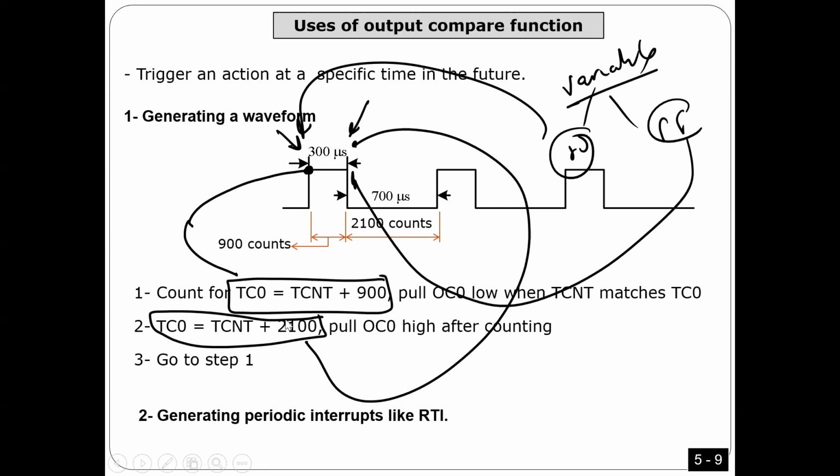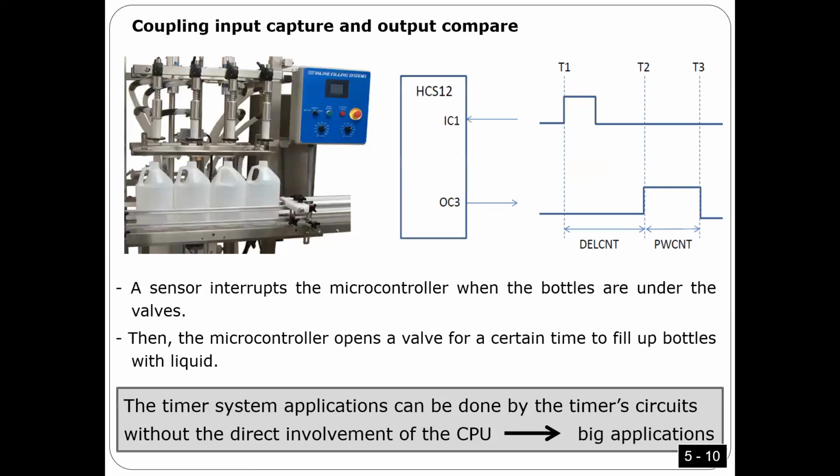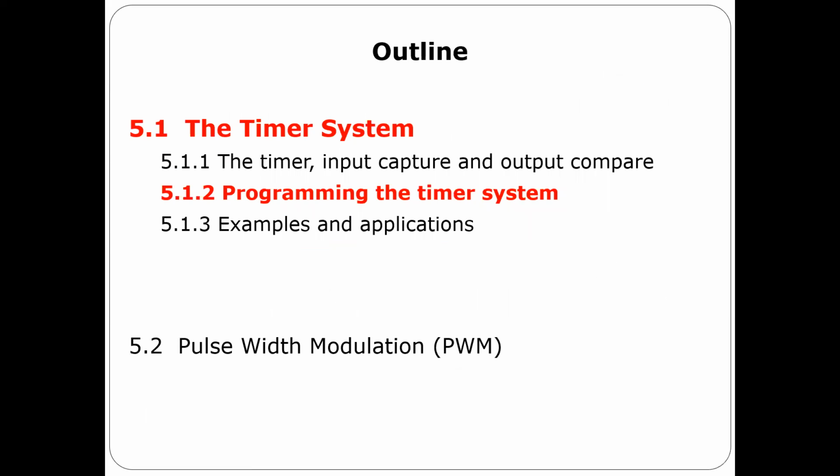Very interesting, because try to see how much time I'm going to take from the CPU. This is the most important thing. Almost nothing. I'm going to go to the subroutine. In the subroutine, I'm going to execute just very few instructions, so I can generate a square wave taking very little time from the CPU. Anyway, any questions so far about the main idea?